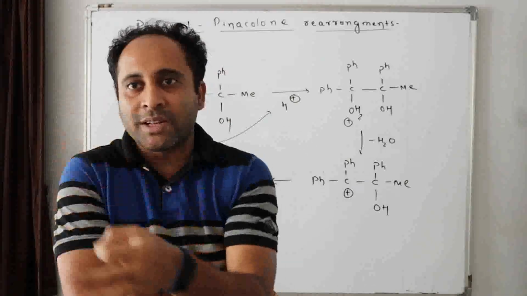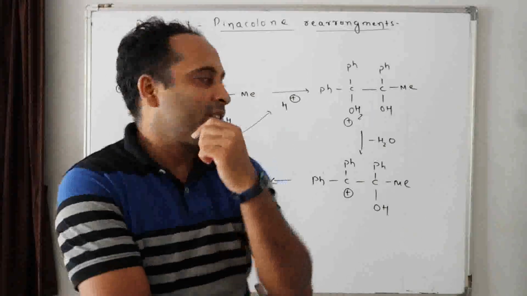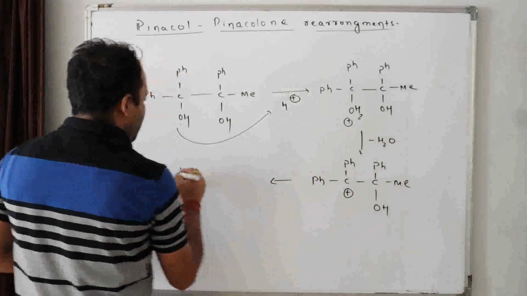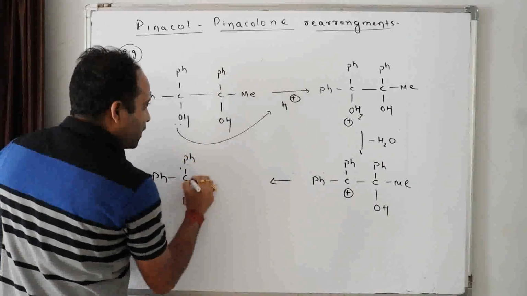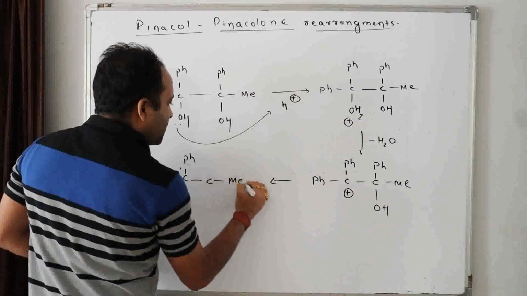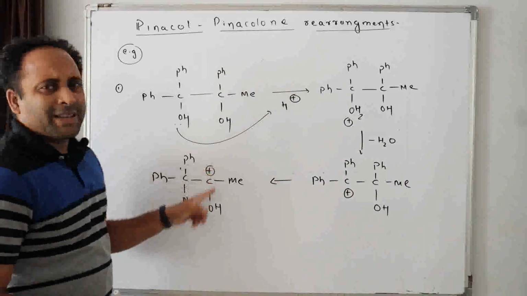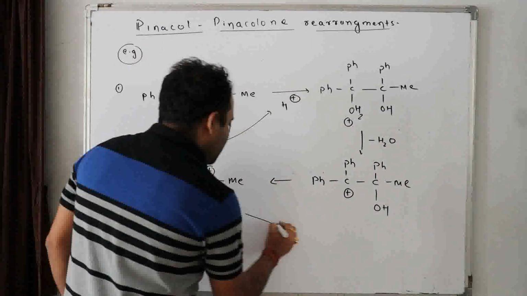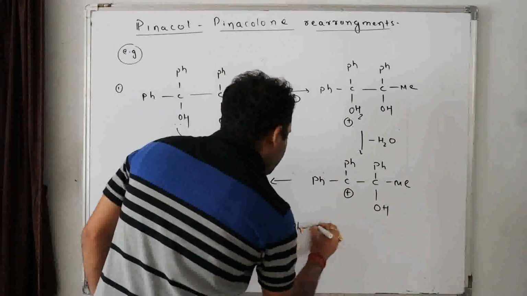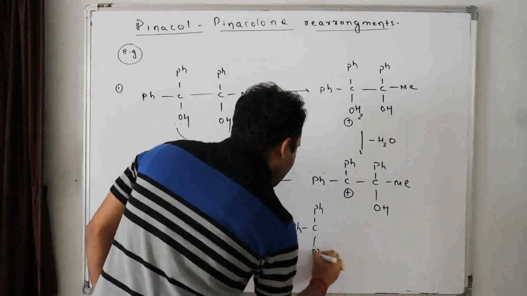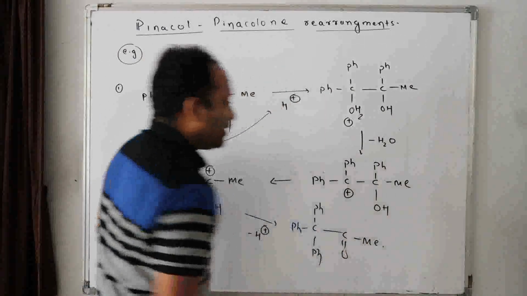But when similar groups are there for shifting to make a stable carbocation, then the group with more electron density will shift. Now who will shift here? Phenyl. So what is formed here? Ph, C, Ph, Ph, C, methyl, C plus OH. Why? This is more stable, the plus has the same stability, isn't it? Now from this, what will happen? H plus will be fired. What will be formed here? Ph, C, Ph, Ph, C double bond O, Me. Done? Check it out.